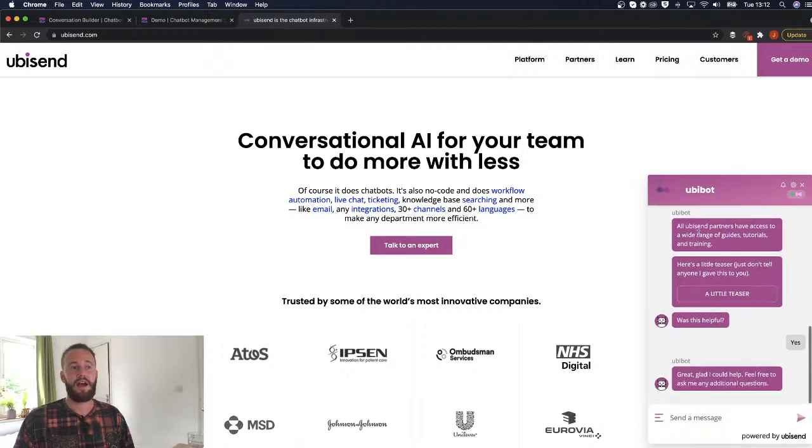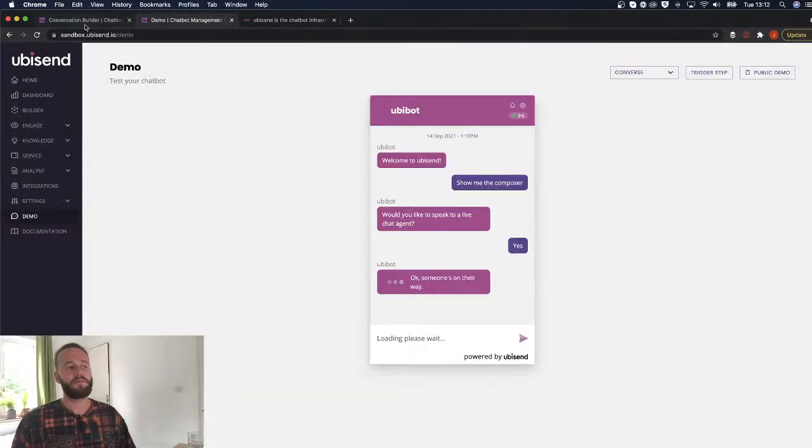And as you can see, here's the actual conversation that I've been having with our chatbot before. So it's kind of a brief little,